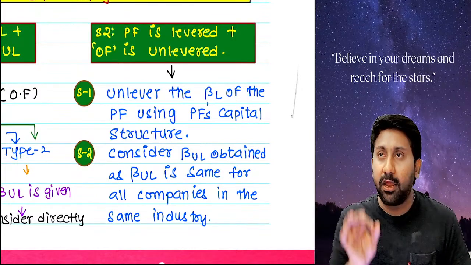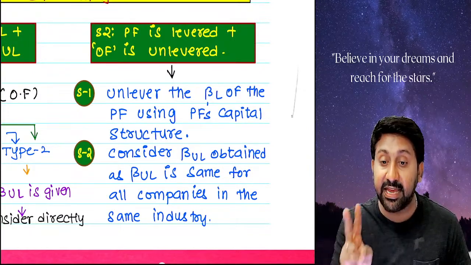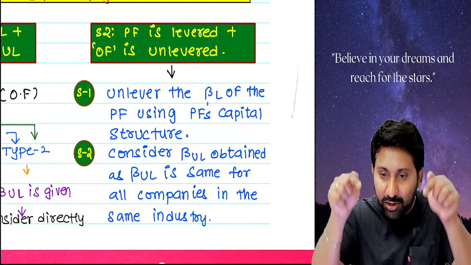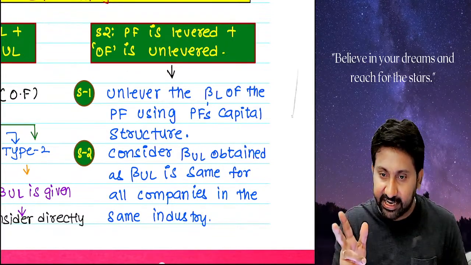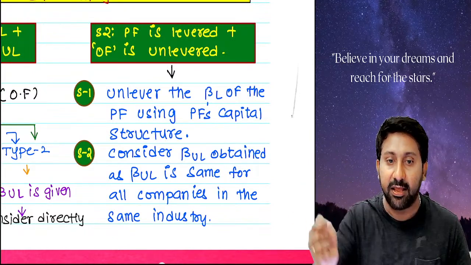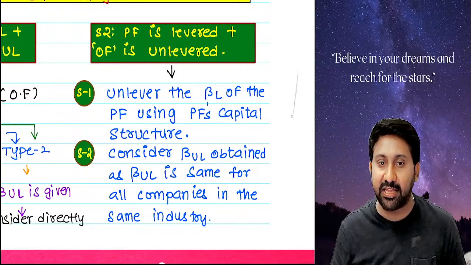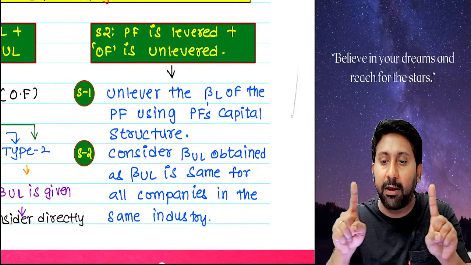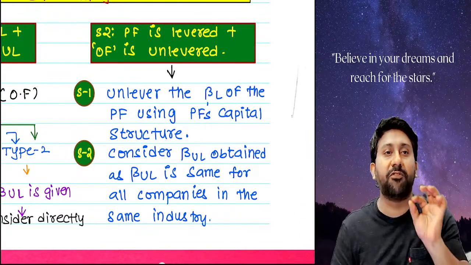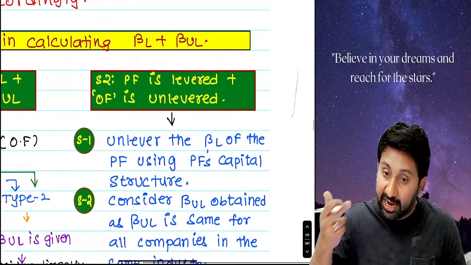First thing, always remember, unlevered beta is the same for all the companies, because unlevered means no debt. The risk is only business risk. Beta is a risk. Unlevered beta is the risk of the business. Leverage risk is not there, meaning finance risk is not there. Only operating risk, business risk, is there. Business risk of any company belonging to the industry will be the same. Keep in mind: proxy firm, levered or unlevered? Proxy firm is levered. Own firm, unlevered.